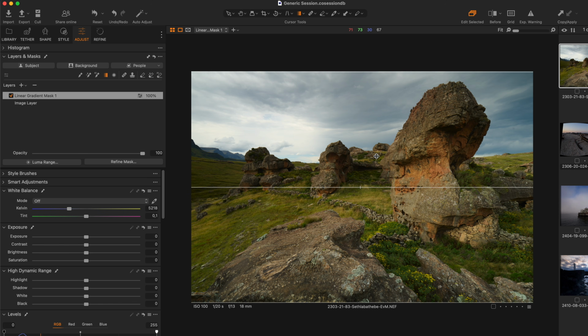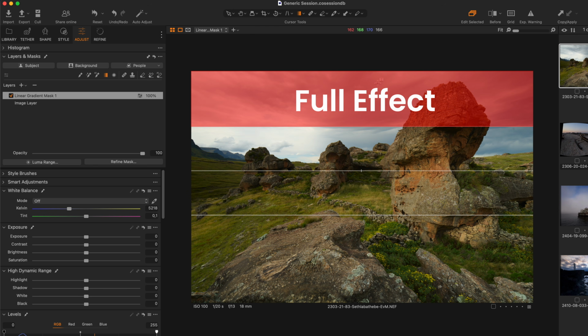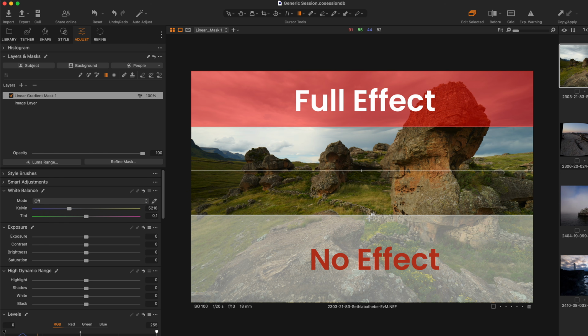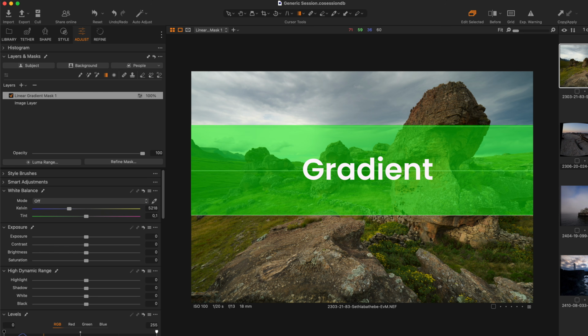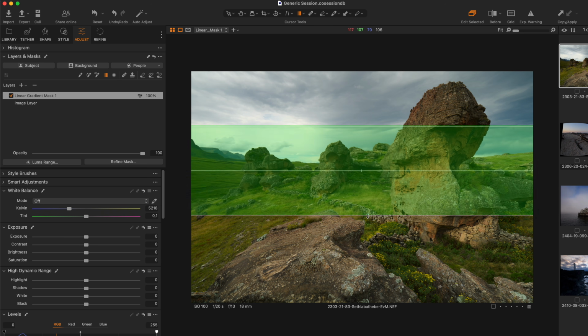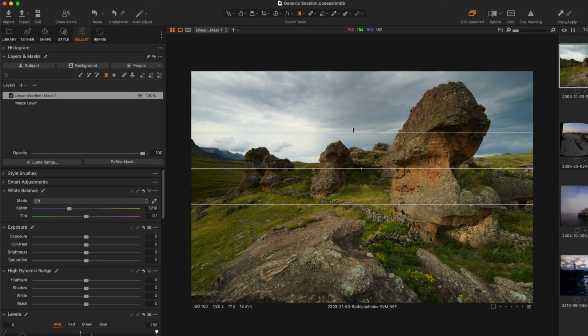It's not. Gradient filters work such that the top of the line that you have drawn is where the full effect of your filtration is going to be, or the full effect of the change to the image. The bottom line is going to be where there is no change to your image, and the area in between is the gradient itself. I'm wanting to effectively darken my sky over here, so I'm then going to grab my exposure